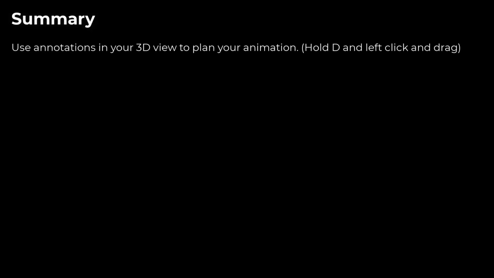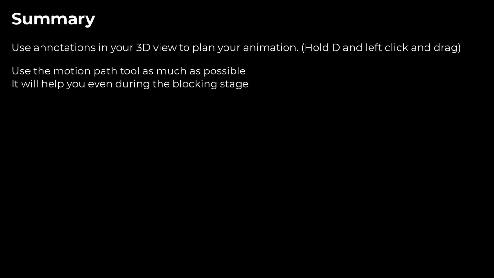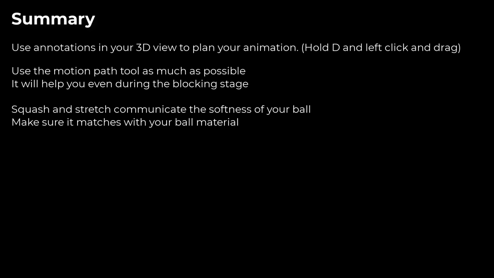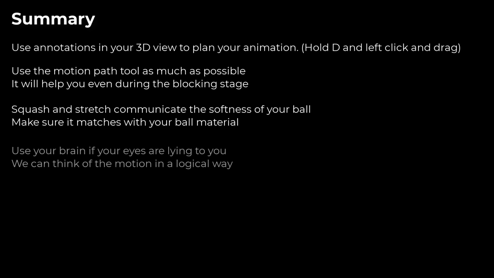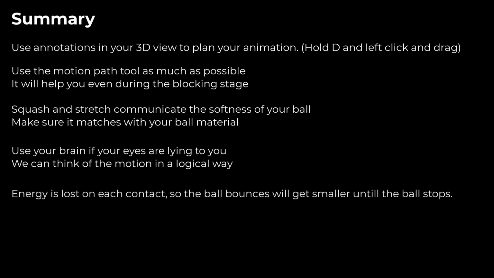To summarize, we have seen that we can use the grease pencil annotation to plan our animation. Using the motion path display is important even at the blocking stage, as it really helps us figure out the motion of the ball. We have to be careful when using squash and stretch because it does communicate the softness or the material of our ball. So ask yourself, what kind of ball am I animating? We can tackle our animation timing with a logical approach. Our bouncing ball will lose energy on each bounce, so they will be smaller and smaller until it